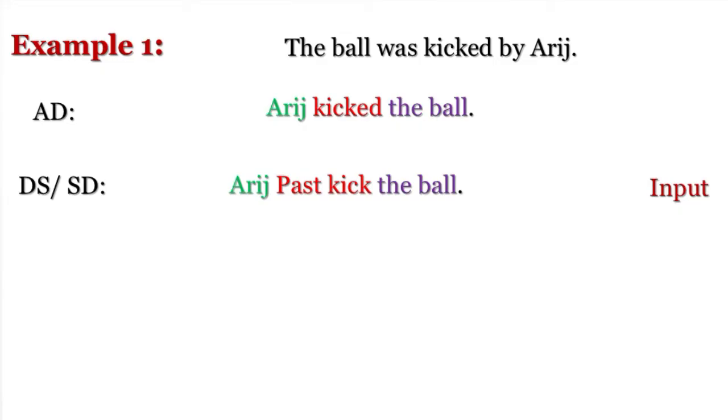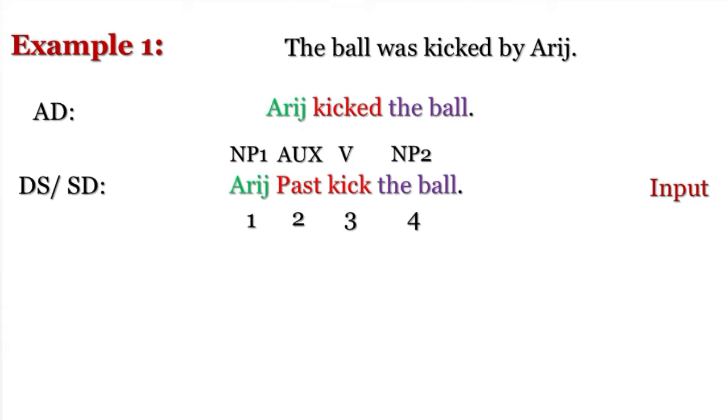ندوزو دابا some analysis ديال some sentences ديال passive transformation باش نزيدو نفهمو أكتر. In the first example عندنا the ball was kicked by Arij. أول حاجة تنديروها هي تنقلبو على the active declarative ديال هاد sentence. عندنا the active declarative ديال هاد sentence واللي هو Arij kicked the ball. من بعد ما جبدنا the active declarative تنجبدو the deep structure ولا the structural description ديال هاد the active declarative واللي هو mp1 هو Arij